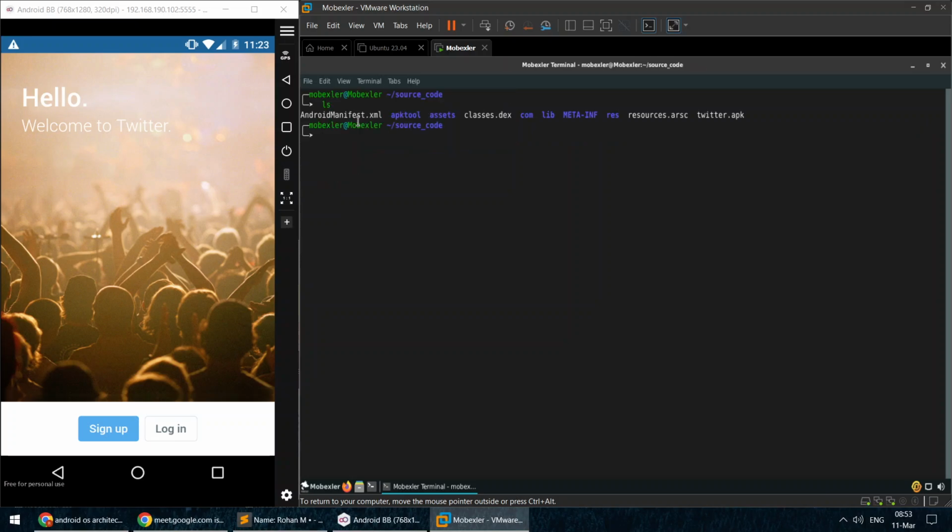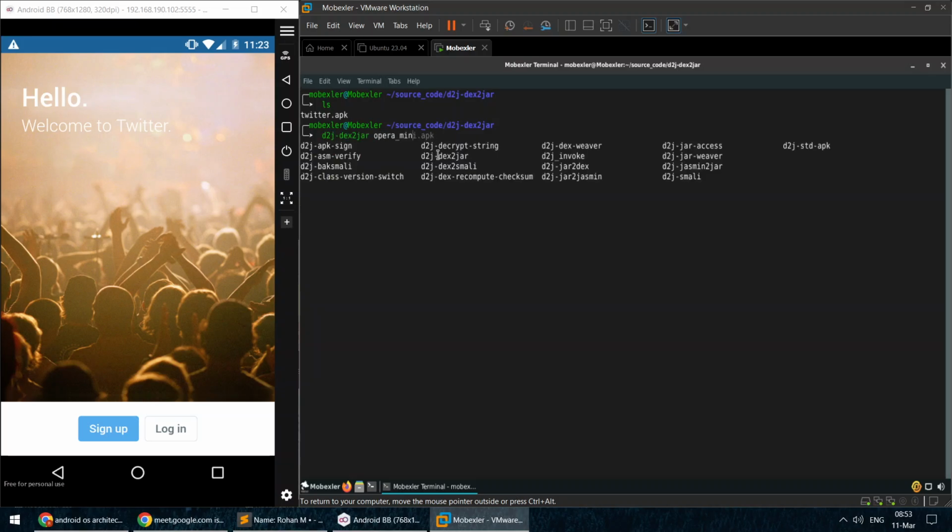Here we have got twitter.apk. I'll create a new folder d2j, that is dex to jar. I have a habit of creating folders so that it becomes easy for me to segregate and categorize the content. So I write mkdir d2j-dex2jar, and all of the operations that I will be performing on this Twitter app, I will do in this folder. I have copied this APK file to this folder, and now I will go inside this folder. These are the contents that we have at the moment. So we simply write d2j-dex2jar and then the APK file,